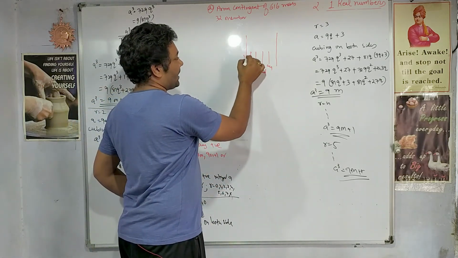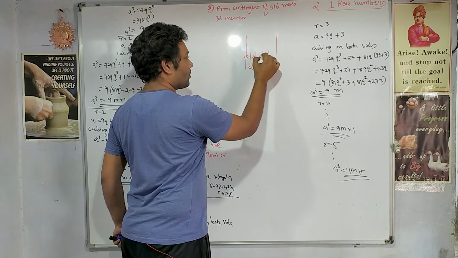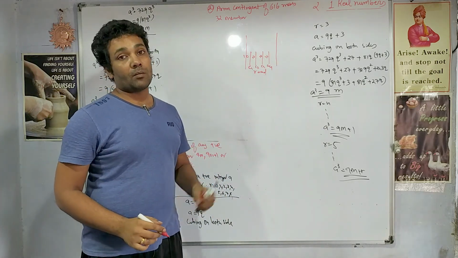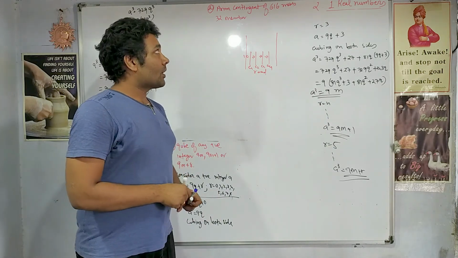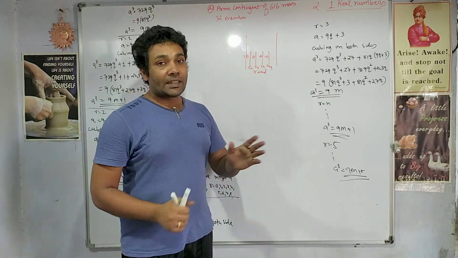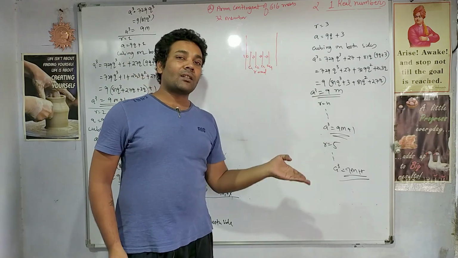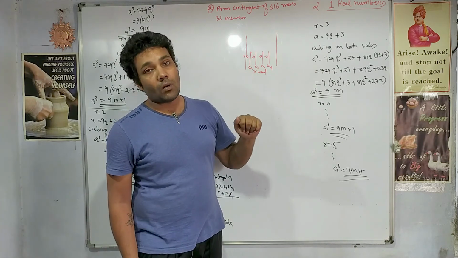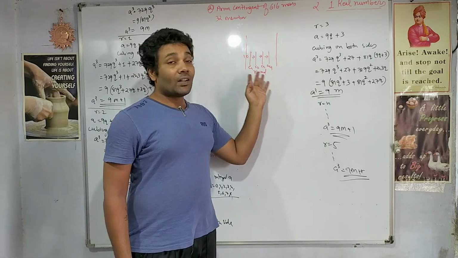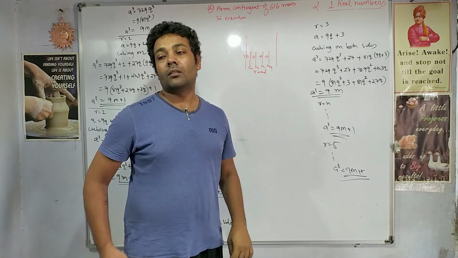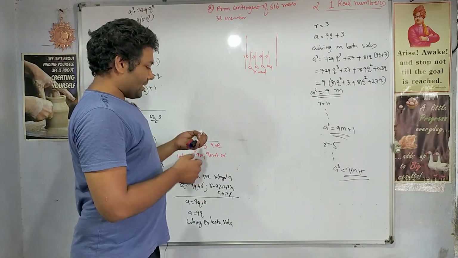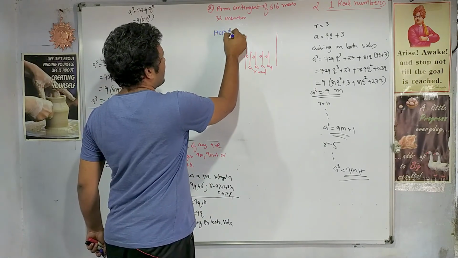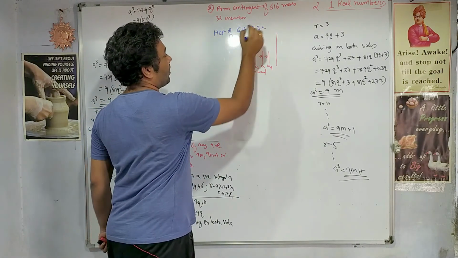Perfectly it should be, right? Let's say in first column there are 10, then other column also there should be 10, third column also 10. Even distribution it should be. So how many such columns are possible? That is what the question says. Once again we'll see the question: one contingent has 616 members, another has 32 members. How will you arrange them in the columns so that evenness is maintained? That is what the question says. So obviously simple it is, we have to again find out the HCF of 616 and 32.